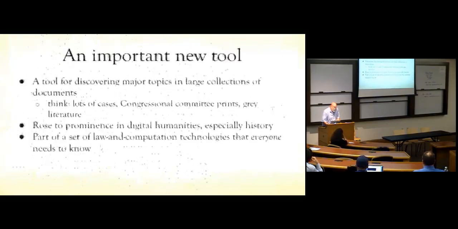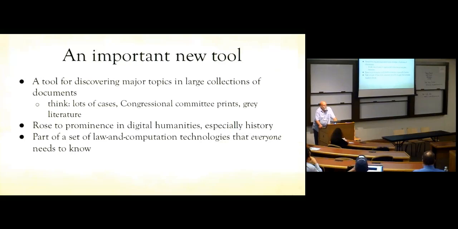It's a tool, fundamentally, for discovering topics within large collections of documents, what a large collection of documents is about. So think lots of cases on the order of tens of thousands, things that previously nobody has wanted to spend much time with because it just looked like it was too hard to separate the wheat from the chaff. Congressional committee prints, I think, are a pretty good example of that. Gray literature, things like digitized collections of personal papers, all of those Nuremberg transcripts that you guys at Harvard are piling up. What are those about? This is a tool for surveying that quickly.